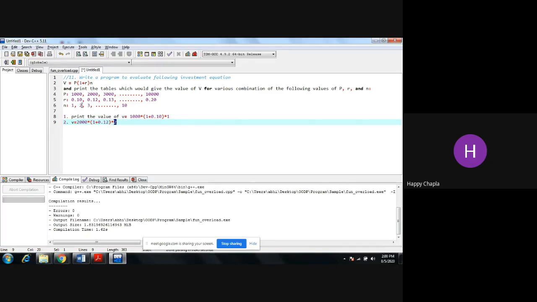For that, you need to do something like a for loop, right? You need to use a for loop in your question, and then you can go ahead with that. So here is the solution.